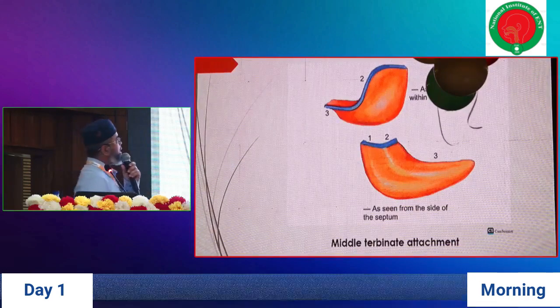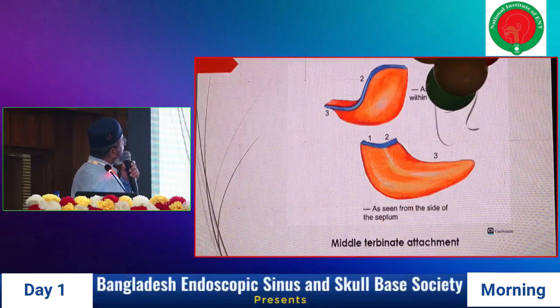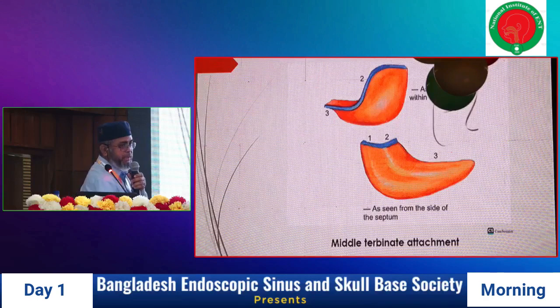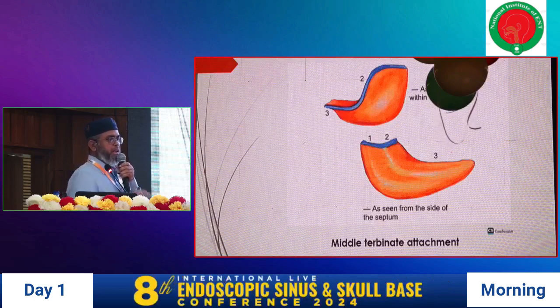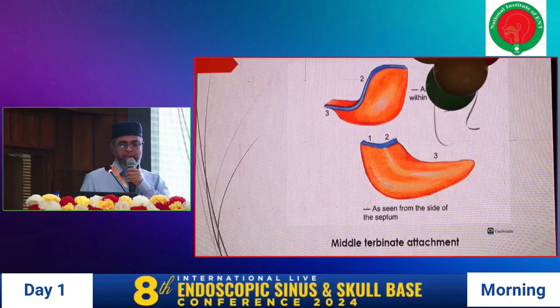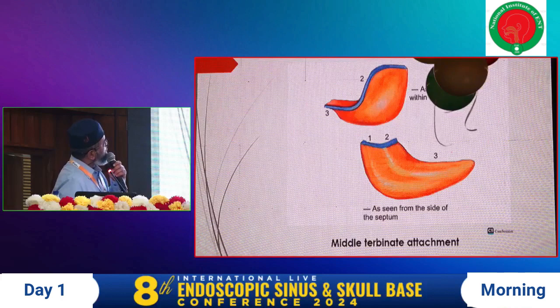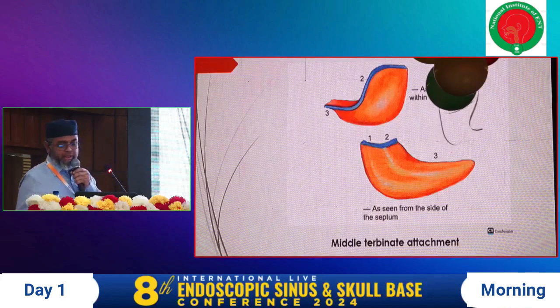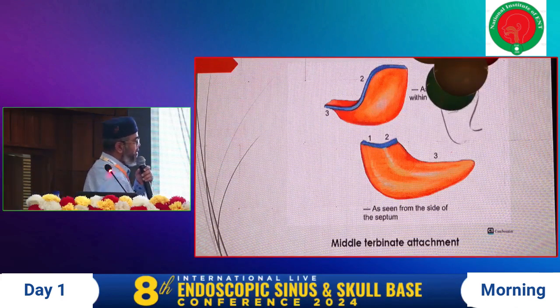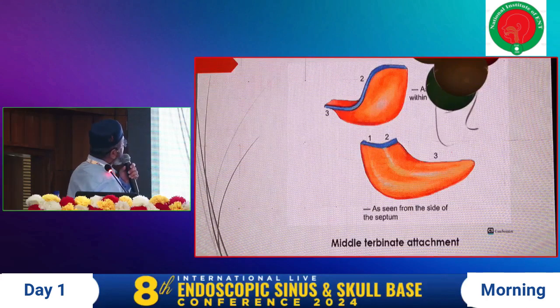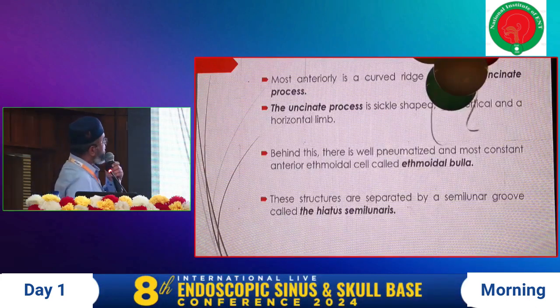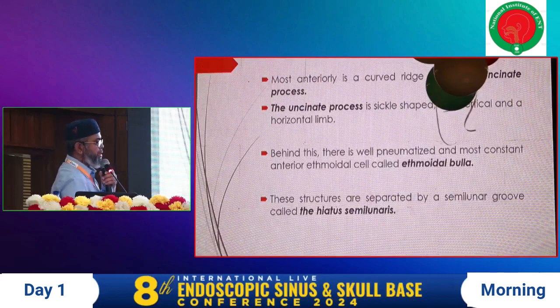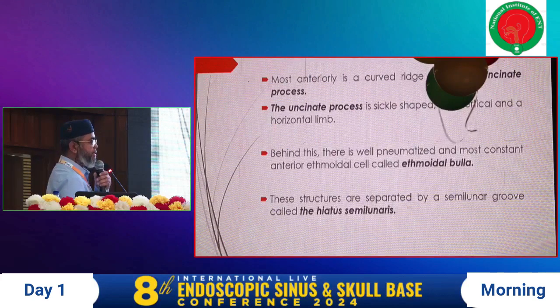ethmoid bone in between the lateral and medial lamella, and most anteriorly it is attached to the frontonasal process of the maxilla. The middle portion lies in the coronal plane, which is attached to the lamina papyracea, and which gives strength to the lateral turbinate. Most posteriorly it is situated in the axial plane and attached to the perpendicular plate of the palatine bone. After medialization of the middle turbinate, or if we trim or dissect the middle turbinate,